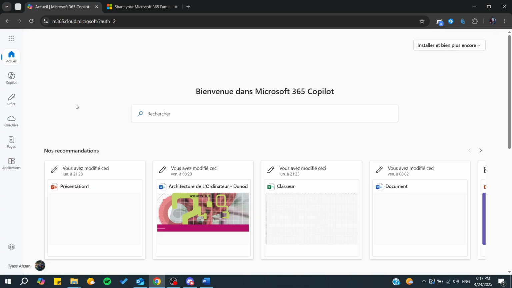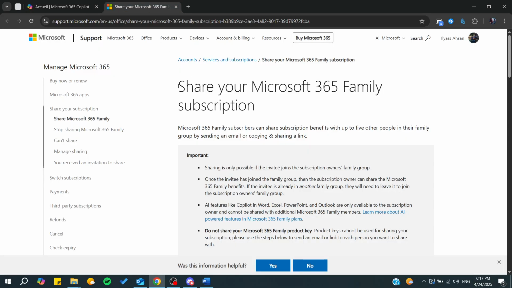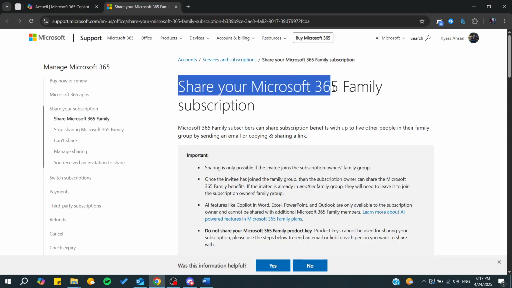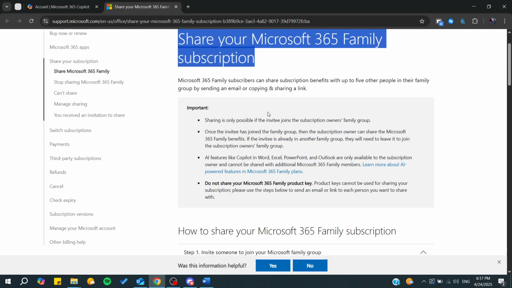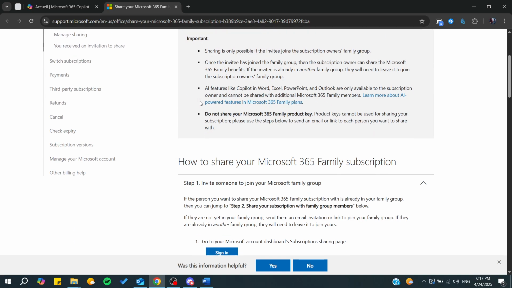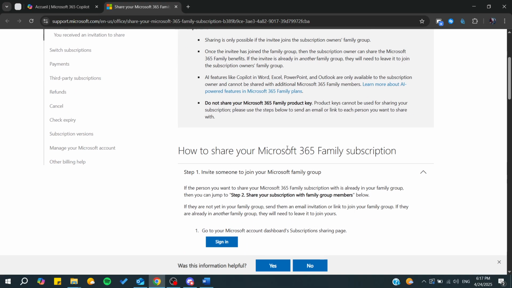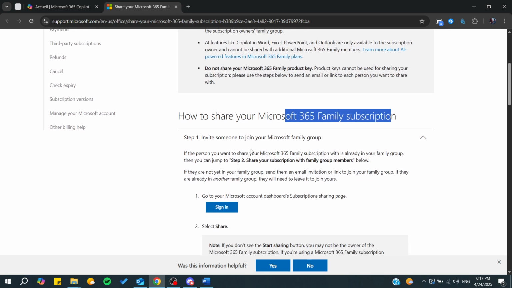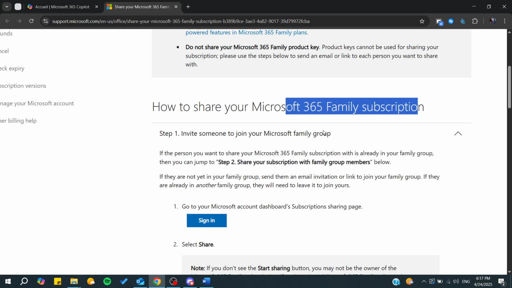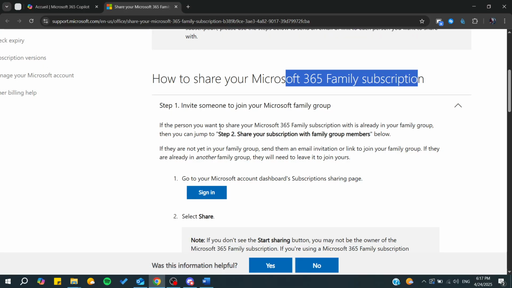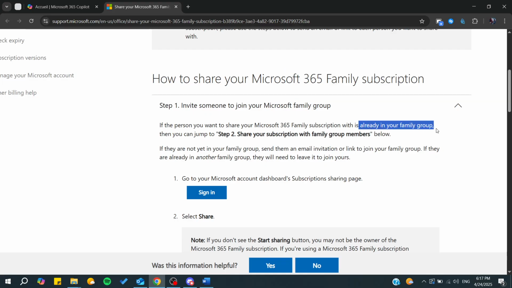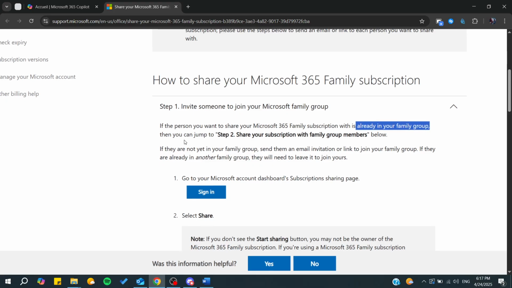So basically, you will need to know that this is only possible on the family subscription. So all you will be able to do is to share your Microsoft 365 family subscription. And to do so, you will need to connect your account so you can share your subscription with your family members. You can do the same by just having a family subscription and adding the members that you want. So you will need to simply have them already in your family group, and then you will need just to